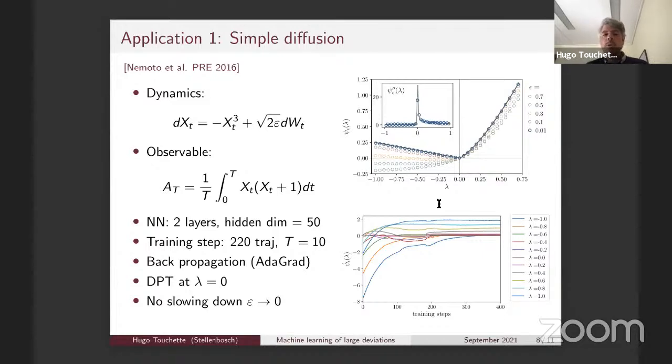You don't change the simulation parameters that you're using, and then the quality of the results is just the same as epsilon goes to 0, which is not the case for cloning. Cloning has this problem that you have a critical slowing down of the simulation when epsilon goes to 0, so you have to increase the population size as you decrease the noise, and there's no such problem here.